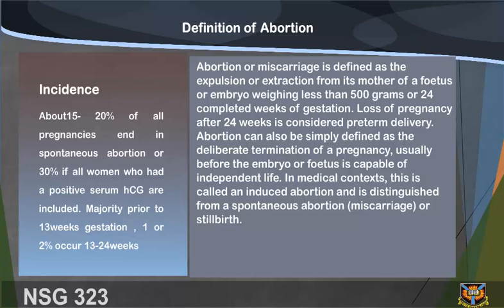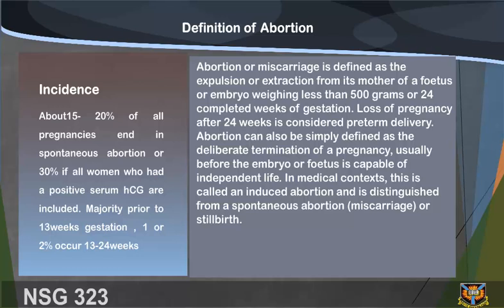Abortion can also be simply defined as the deliberate termination of a pregnancy, usually before the embryo or fetus is capable of independent life. In medical context, this is called an induced abortion and is distinguished from a spontaneous abortion, miscarriage, or stillbirth. Incidence. About 15 to 20% of all pregnancies end in spontaneous abortion,